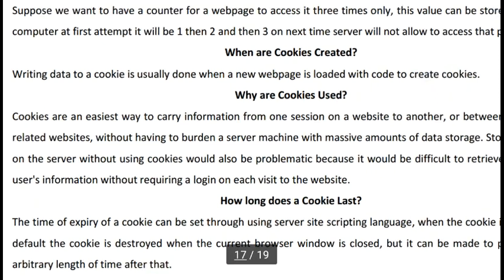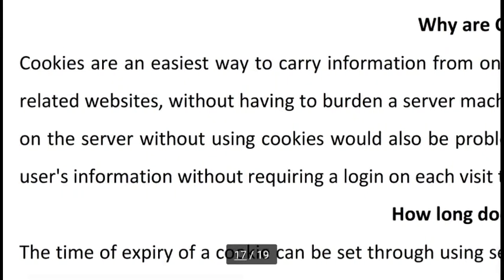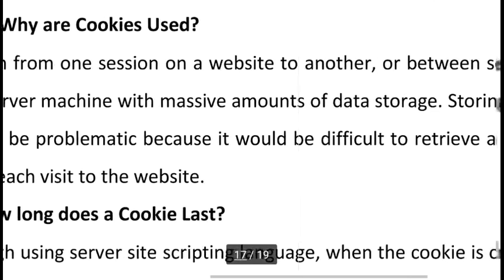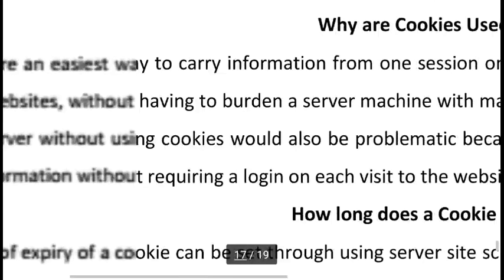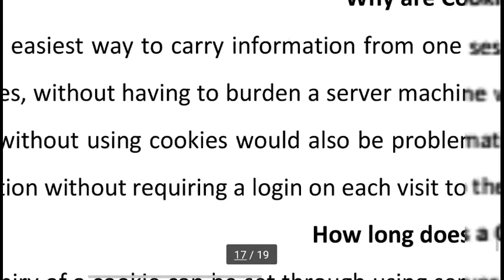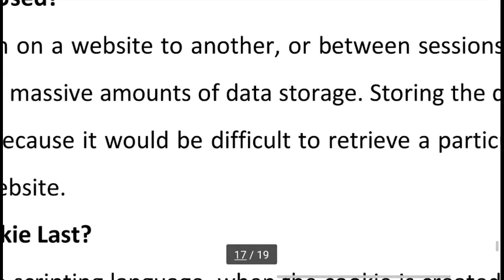Why are cookies used? Cookies are an easy way to carry information from one session on a website to another, or between sessions on related websites, without having to burden a server machine with a massive amount of stored data.